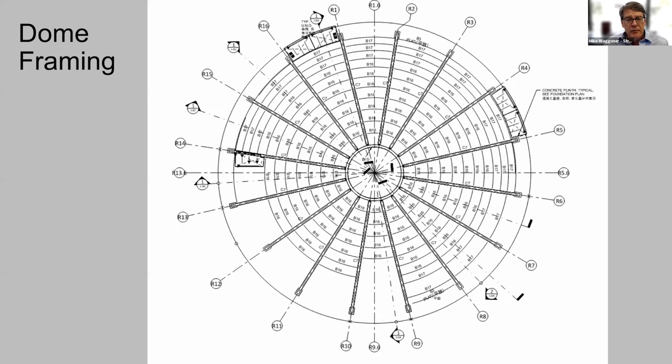So here's a plan view of the top of the dome. You can see that we have the radial armed structural steel box sections that we used as the ribs to support the dome. And then the circular shapes are all of the